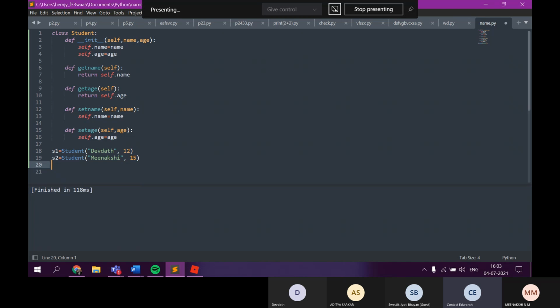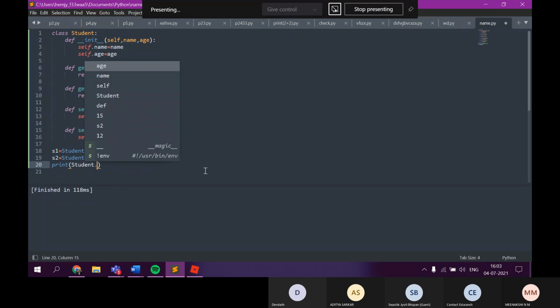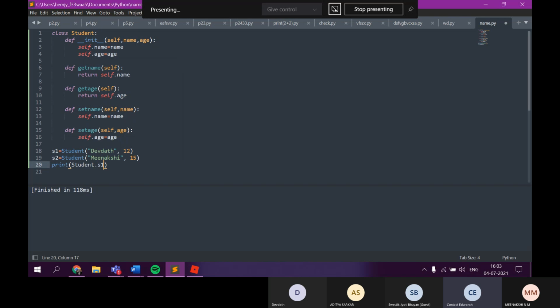Let's see how you print. You know how to invoke methods on variables, right? Very good. Print s1 dot, no, s1, the variable name.